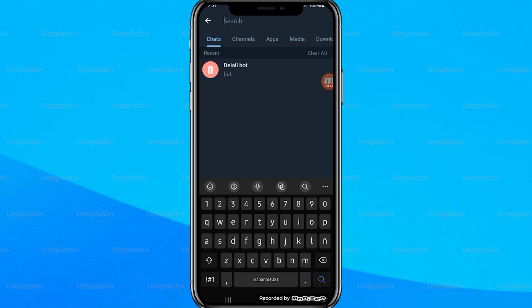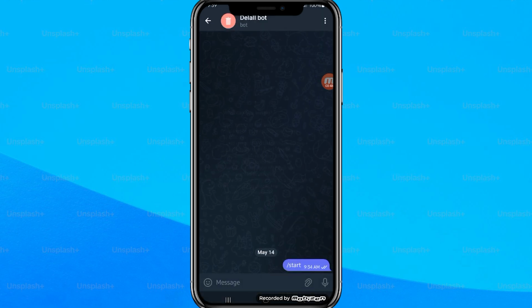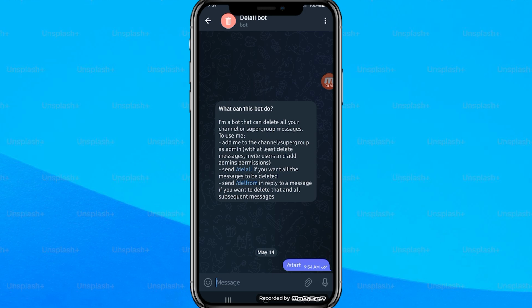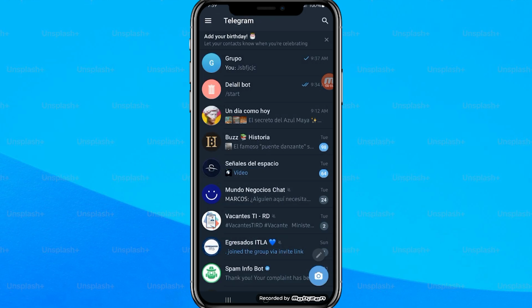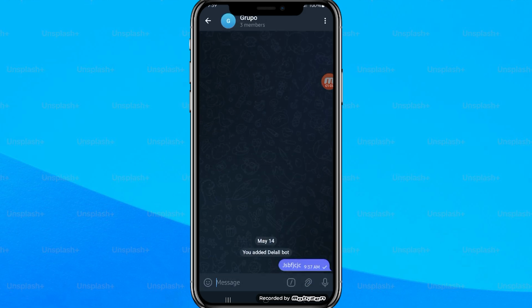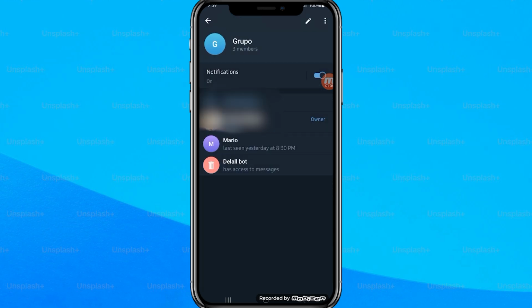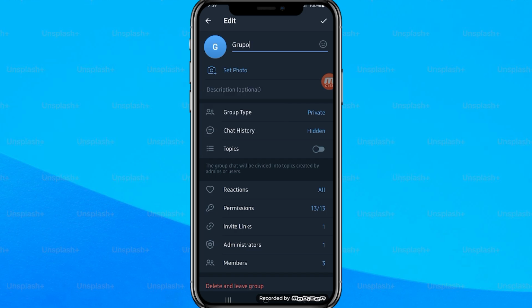We need to have this bot added in our contacts in this case. Okay, after you add this bot in your contacts, you will have to go here in the group you want to delete the messaging. Click on the group and click on the pencil here, right here, and now we have to